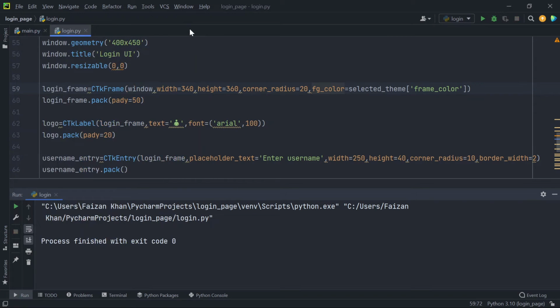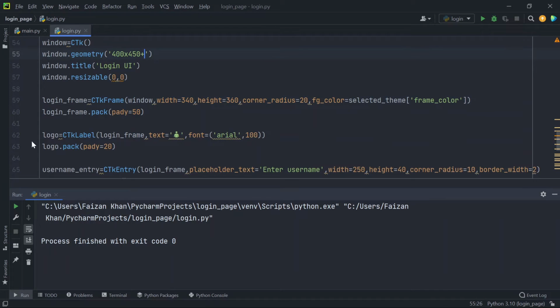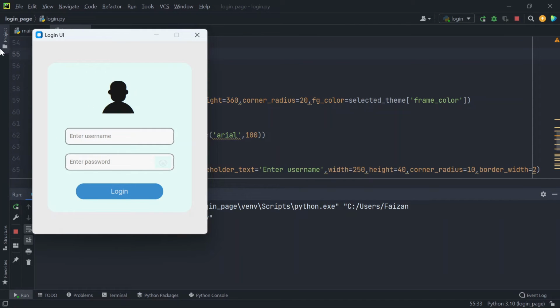Okay, also I'll just fix the window on my screen. From the left hand side, I'll keep the window at 100 distance, and from the top I'll keep the window at 100 distance. So now every time you run your code, it will be at a fixed position from the left and the top. Okay,